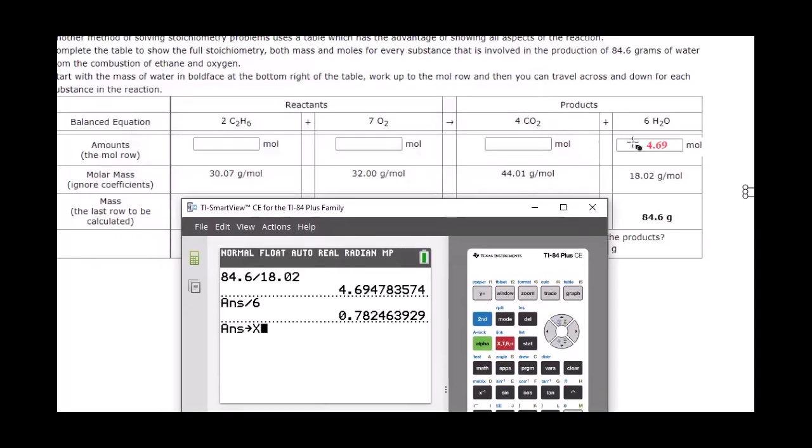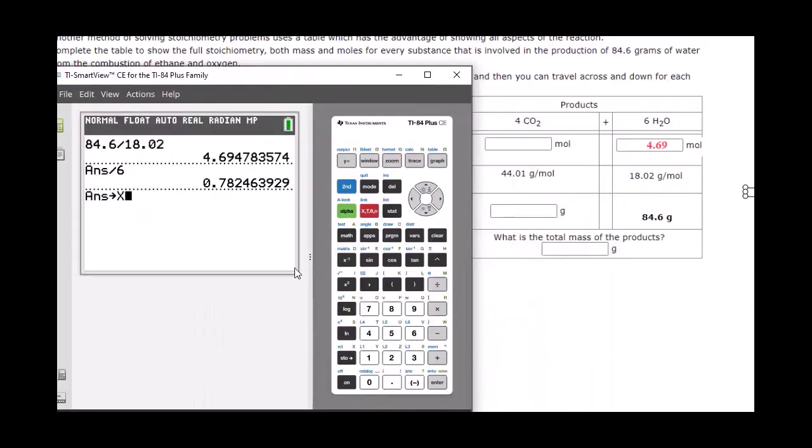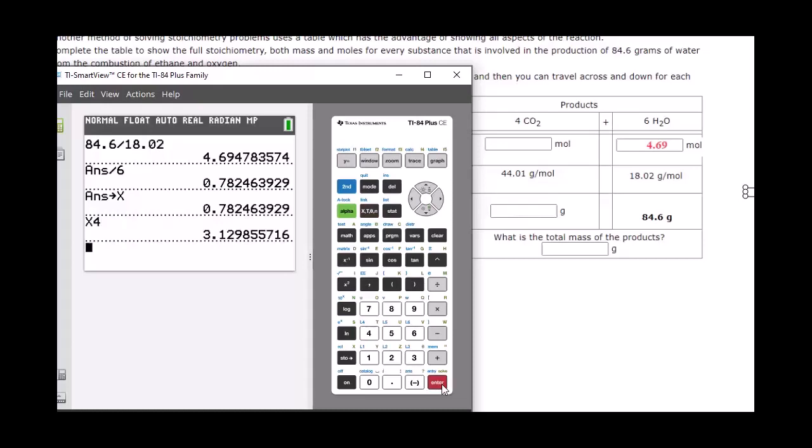I said that knowing the amount of water, we can figure out the CO2. To do this proportion, I divided by 6, reduced it down to this 0.782, and now turn it back up to 4. So all I've got to do is take this reduced value, my entry x, and multiply it by 4. This calculator realizes that if you've got a letter and a number next to it, it's going to be a multiplication. And here it is. There's our answer,